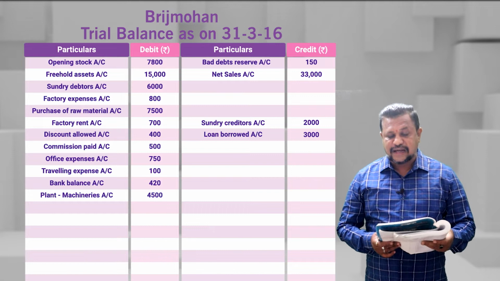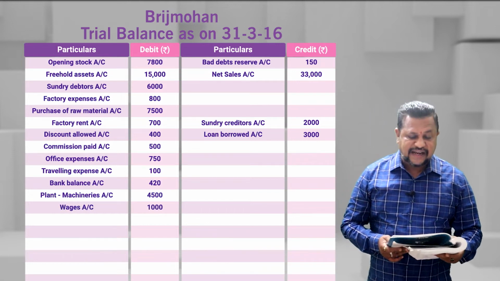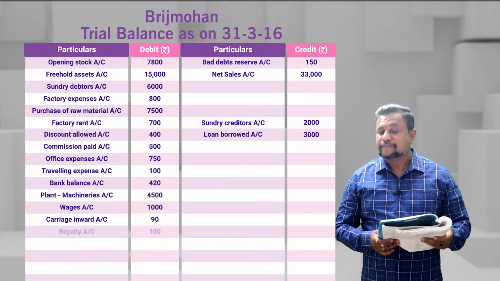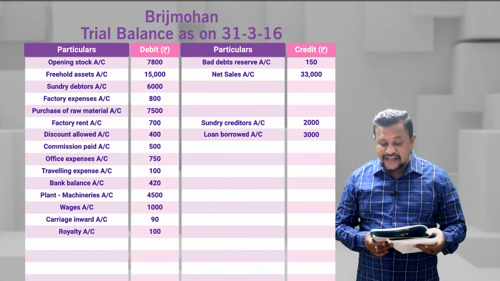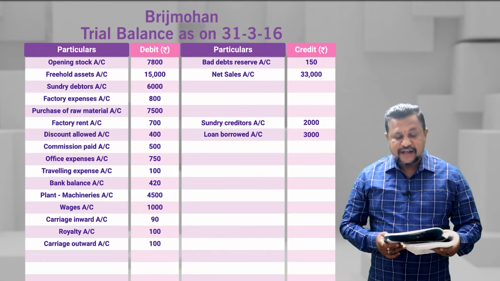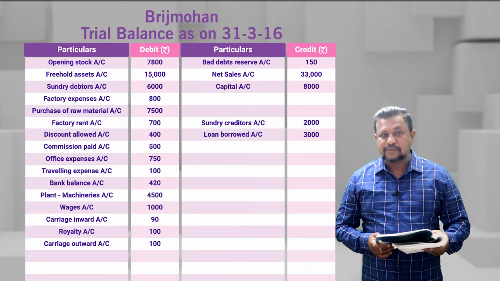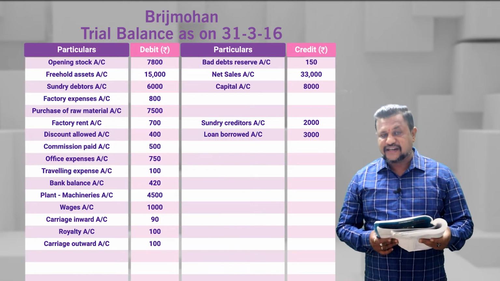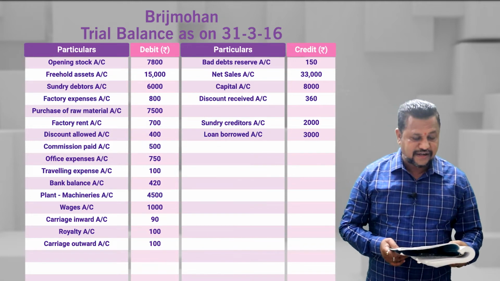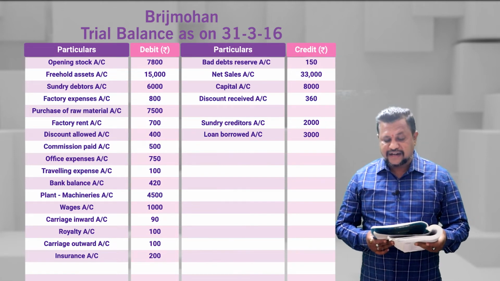wages is an expense debit side 1,000, carriage inward is an expense debit side 90, royalty is an expense debit side 100, carriage outward is an expense debit side 100, capital is a liability credit side 8,000, discount received is an income credit side 360, insurance is an expense debit side 200, commission received is an income credit side 1,500, bad